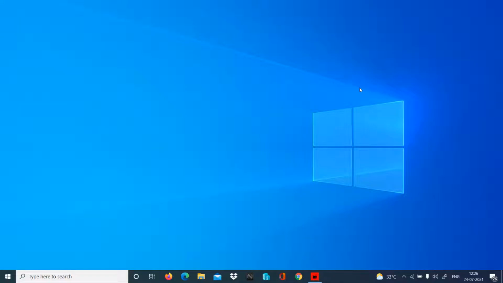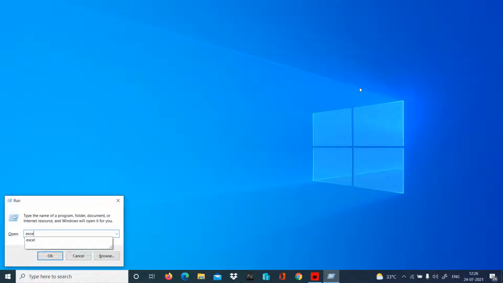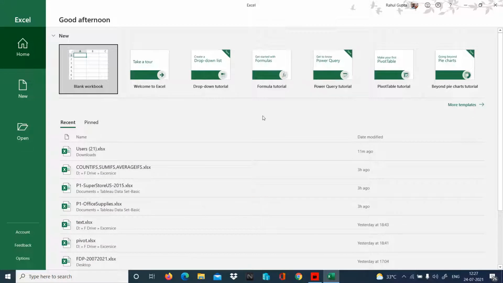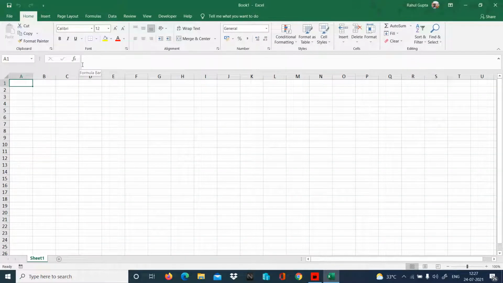So very first I'm going to open Excel. I'm going to type the shortcut, excel, over the Run box, and I'll go to a blank worksheet. That's my blank worksheet which I have to open. Now, the very first day, I always start from the functions. As you all see, this is the Excel first workbook. In this we have different sheets, not different basically, only one sheet is default.